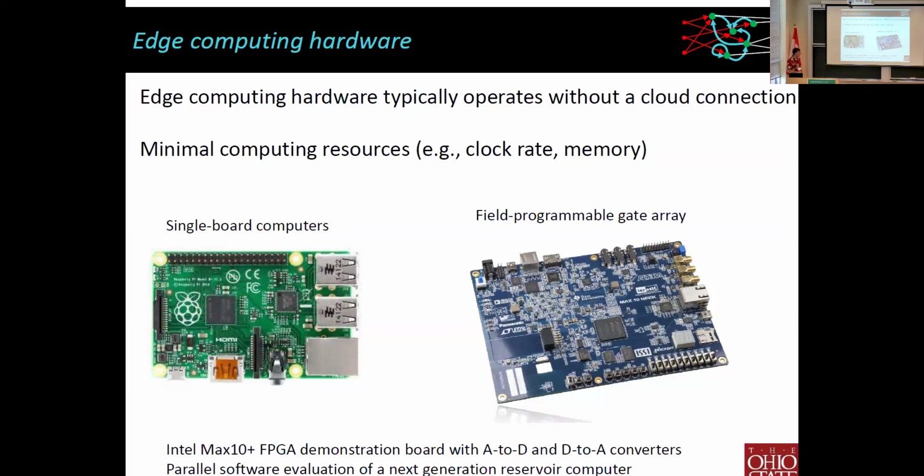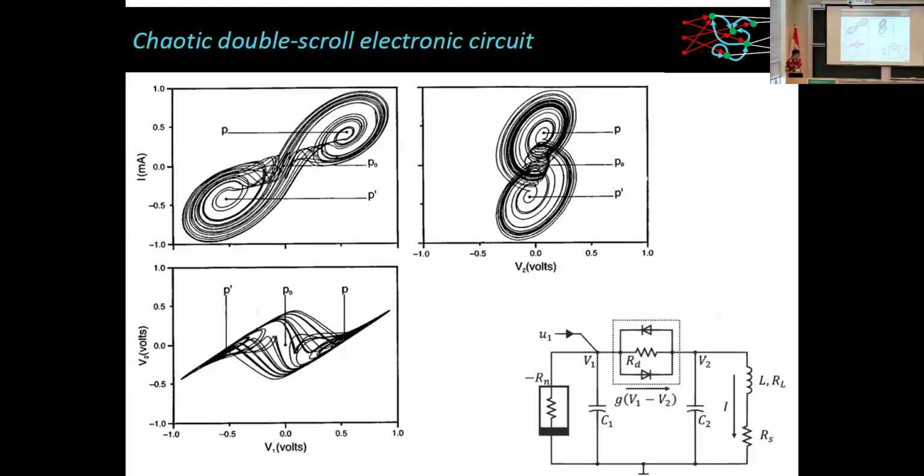These have 2 analog to digital and 1 digital to analog converter built onto the demonstration board. This is just one that comes from Altera. The actual field programmable gate array maybe costs $1. It's kind of expensive for the size of things, but these essentially allow you to make a special purpose computer that can then evaluate that model. The system that we're controlling